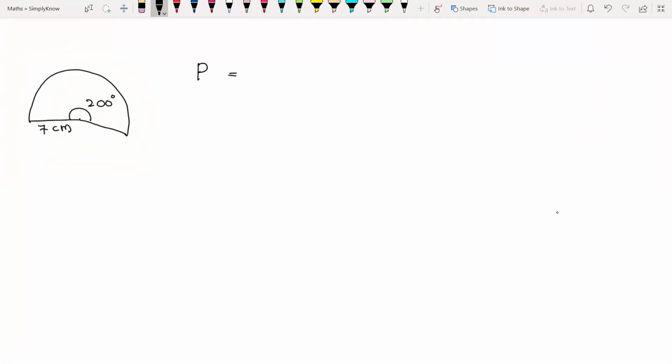I'm going to directly substitute into the formula. So what is our theta value? It's 200 over 360 times 2 pi value 22 over 7 times r, the radius, it's 7, and plus 2